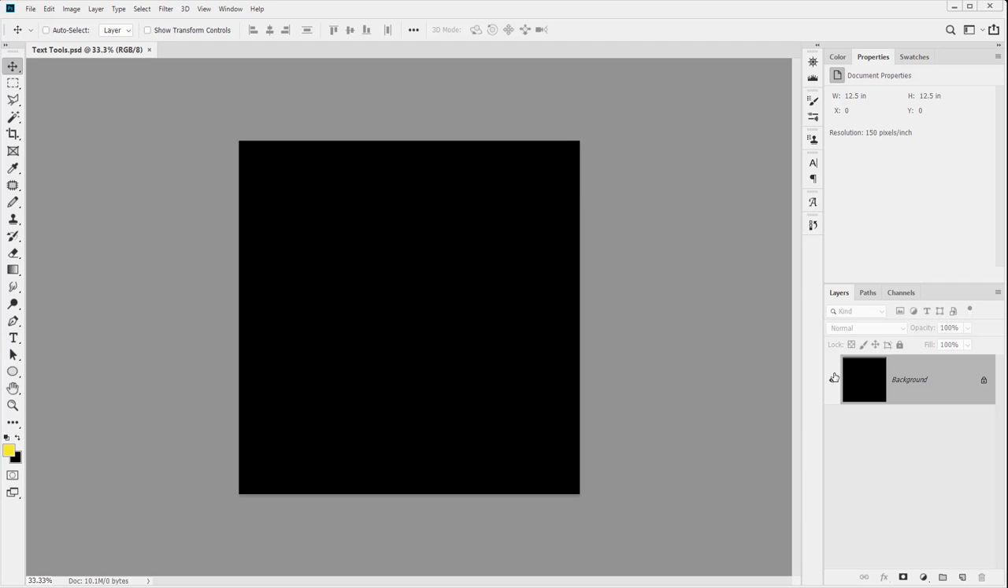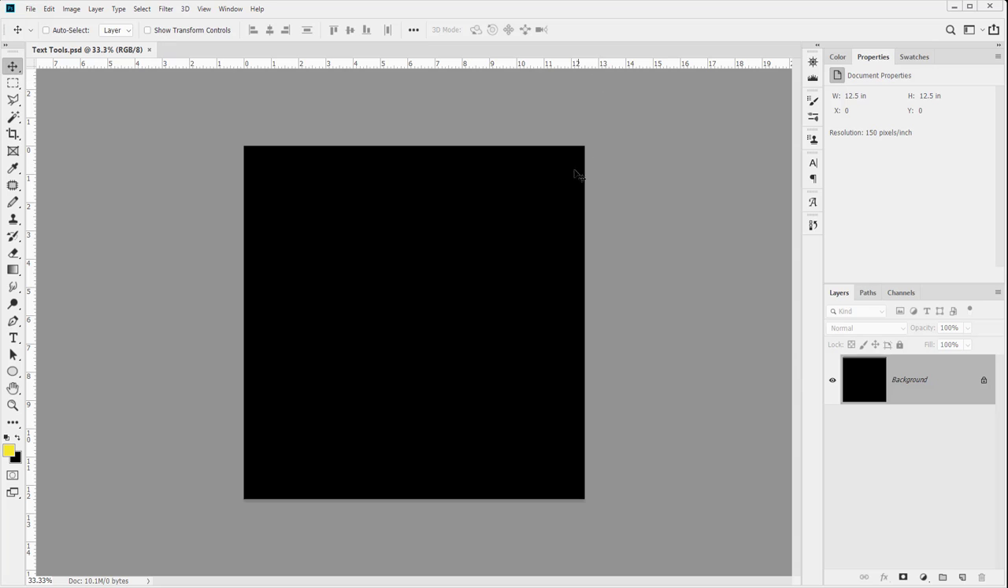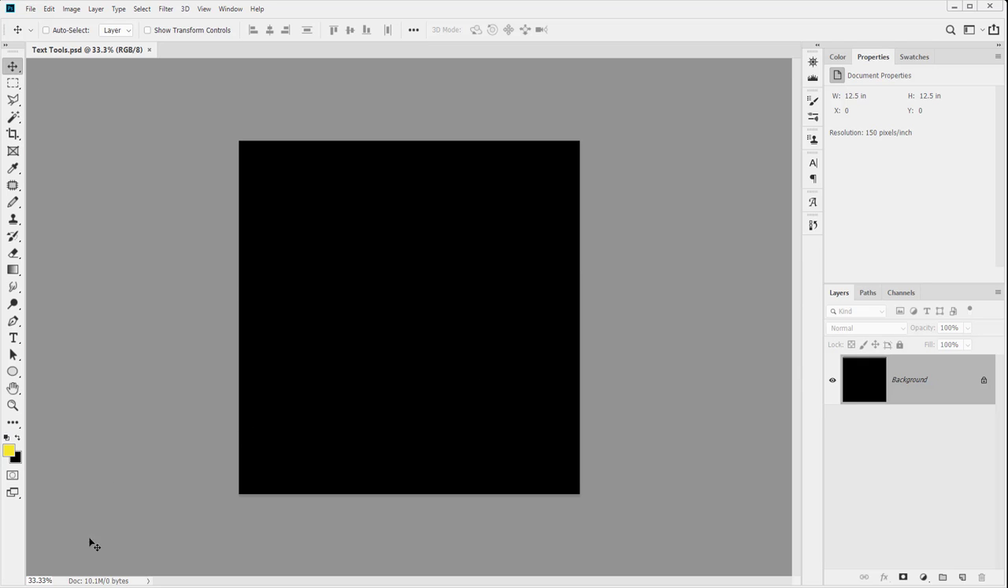Now you'll notice I'm just in a document that is about 12.5 inches by 12.5 inches. It's at 150 pixels per inch. If we click on this bad boy here, we'll see that all that's available. And it just has a background layer set to black. Nothing too exciting or impressive going on there, but this is plenty for us to work with as we start